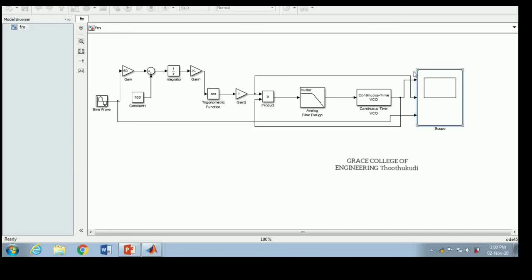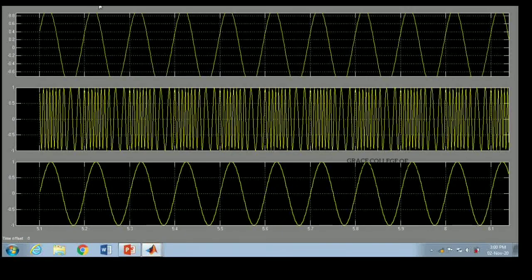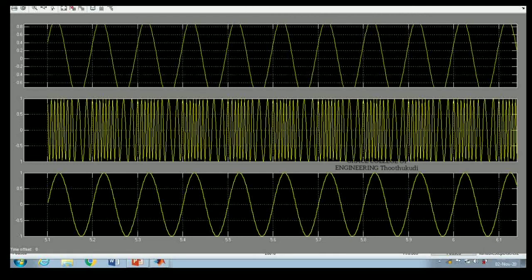It is a 3 input scope. In the first AM modulation we saw only a single input scope, just one waveform. Here it is a 3 input scope. To modify it, you have to double click it, and there will be a settings option. The scope figure will open.